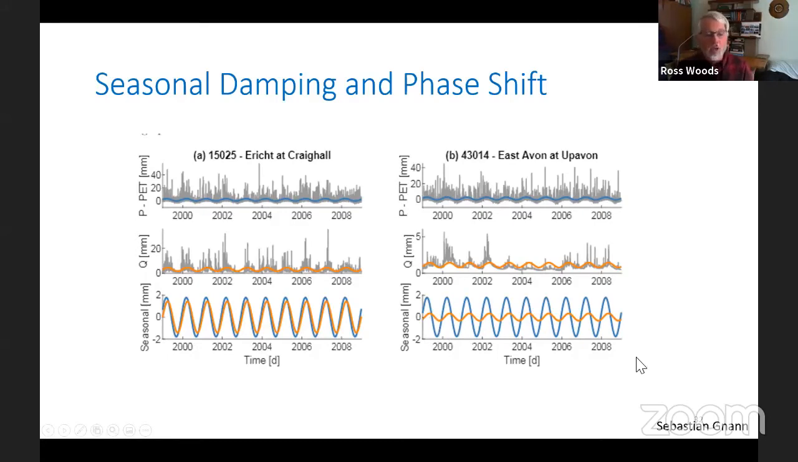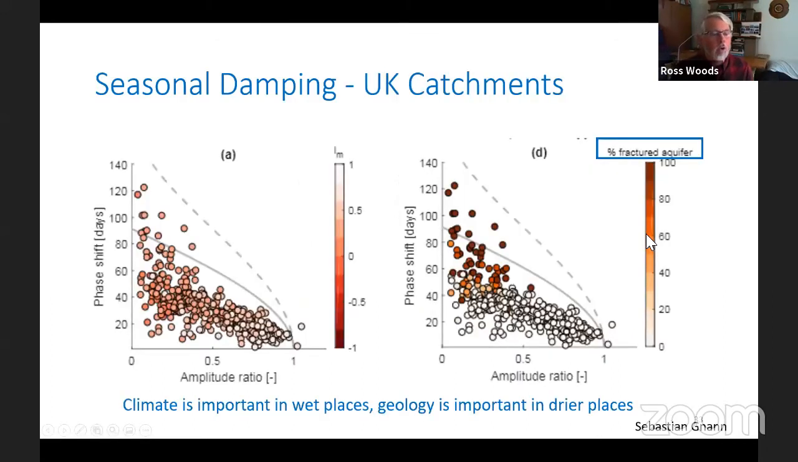And when we saw this, we thought it would be interesting to try and characterize seasonal catchment response. So this is another time scale that we're interested in, the seasonal catchment response of different catchments, and to see whether we could explain what was going on. So we've plotted here